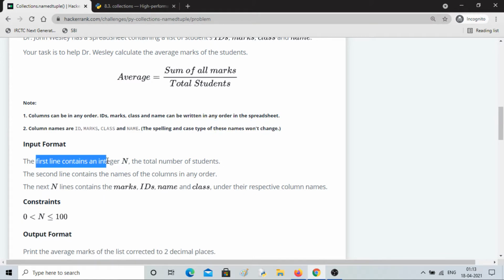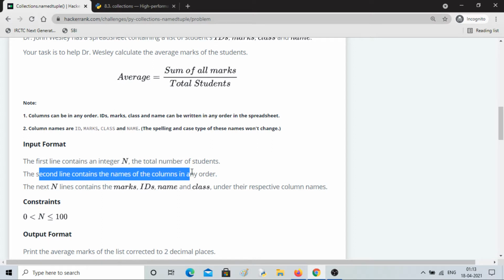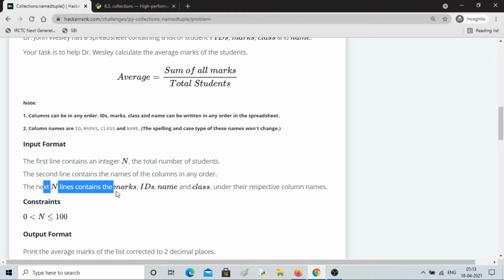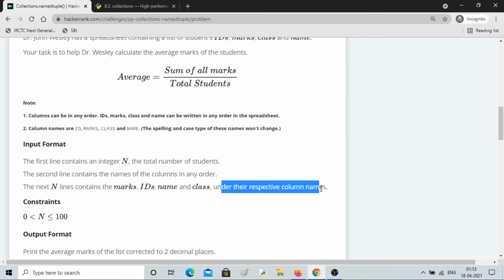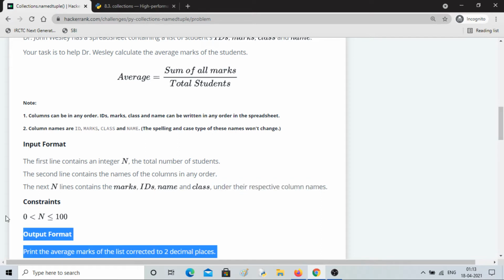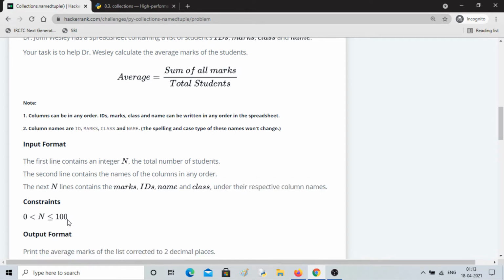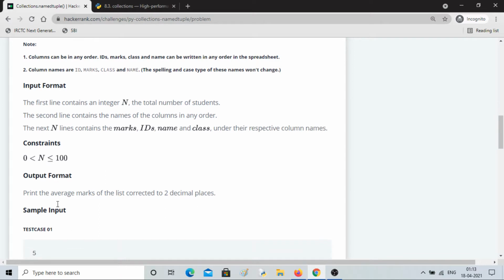The first line will contain integer n, which gives the total number of students. The second line will have the names of the columns in any order. Then the next n lines contain marks, ID, name, class under their respective column names, and n has to be between 0 and 100, that is the constraint.